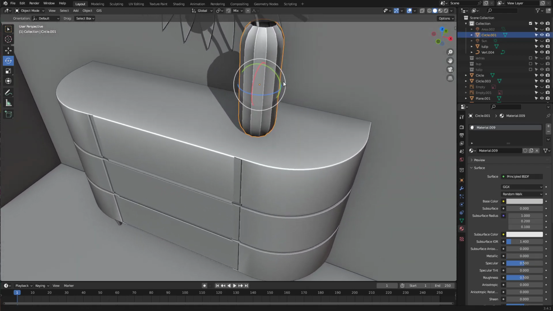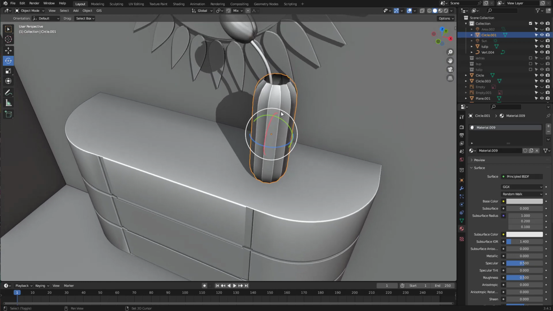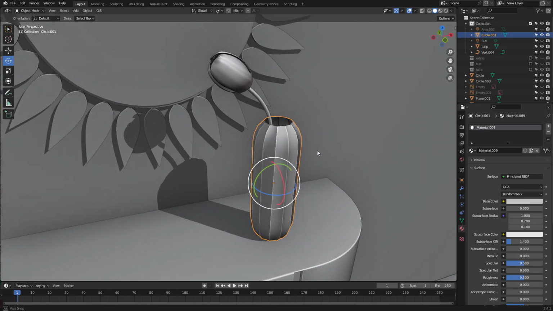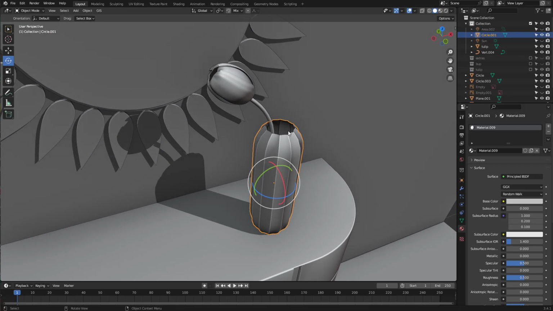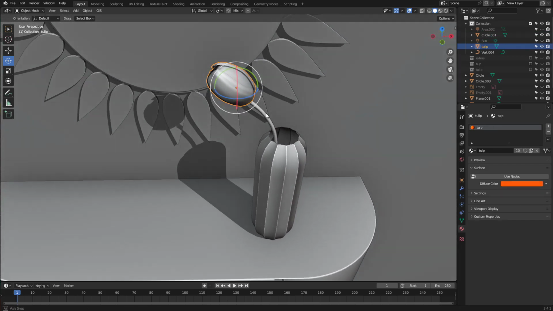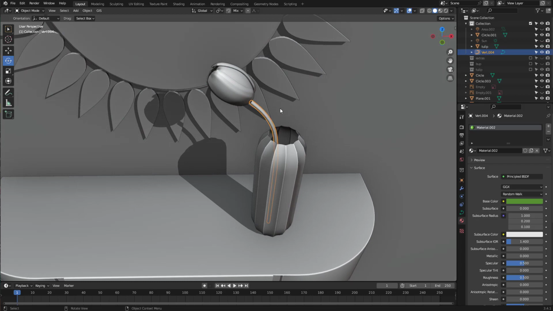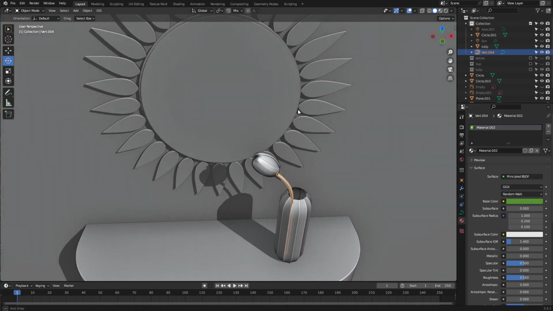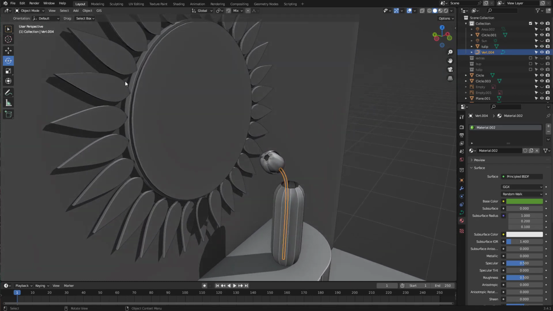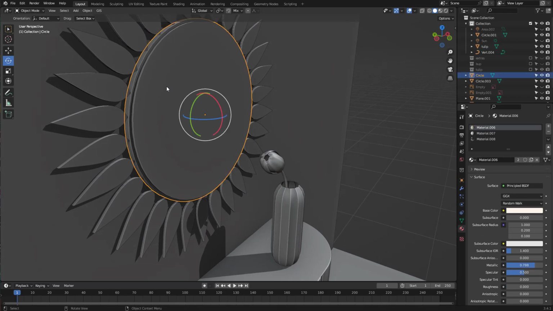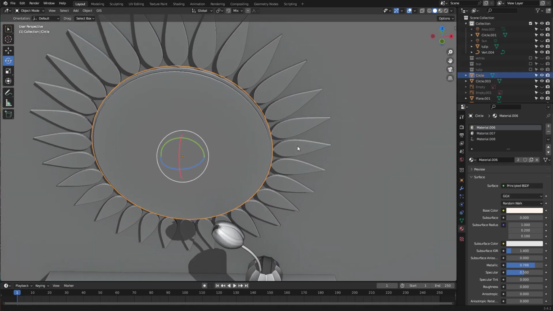For the vase, I used the circle, scaled every other vertex and beveled, then extruded and filled the bottom. Will look nice if I zoom in to focus on the flower if I wanted to. Borrowed the tulip from one of SketchUp models, although it's not that difficult to model it either. Flower stem was created by converting a vertex shape to curve. Mirror again used a simple circle, but for the shape around it I used the array modifier.